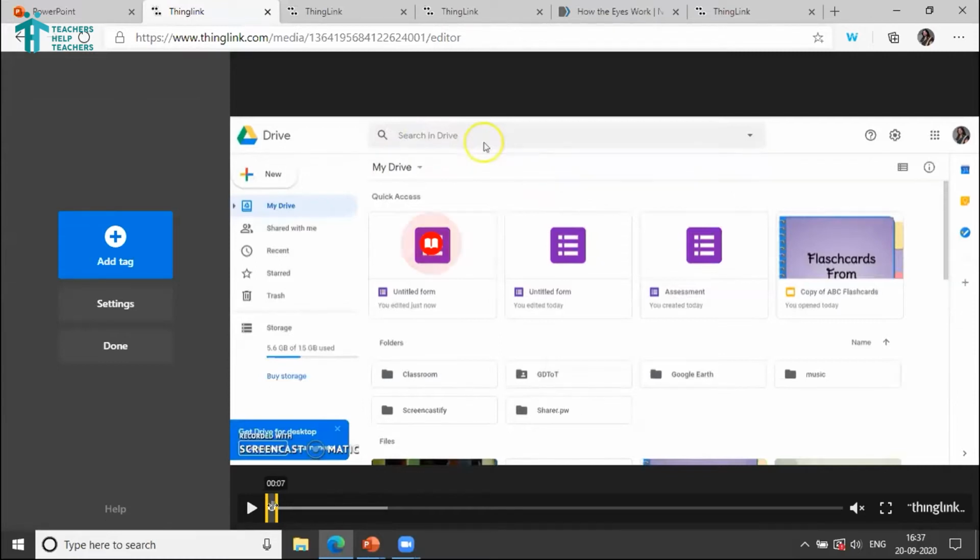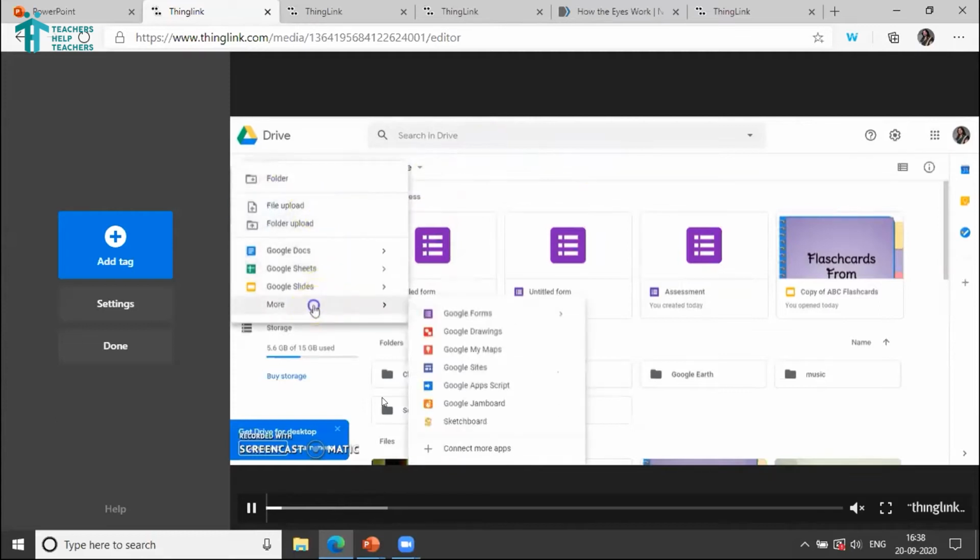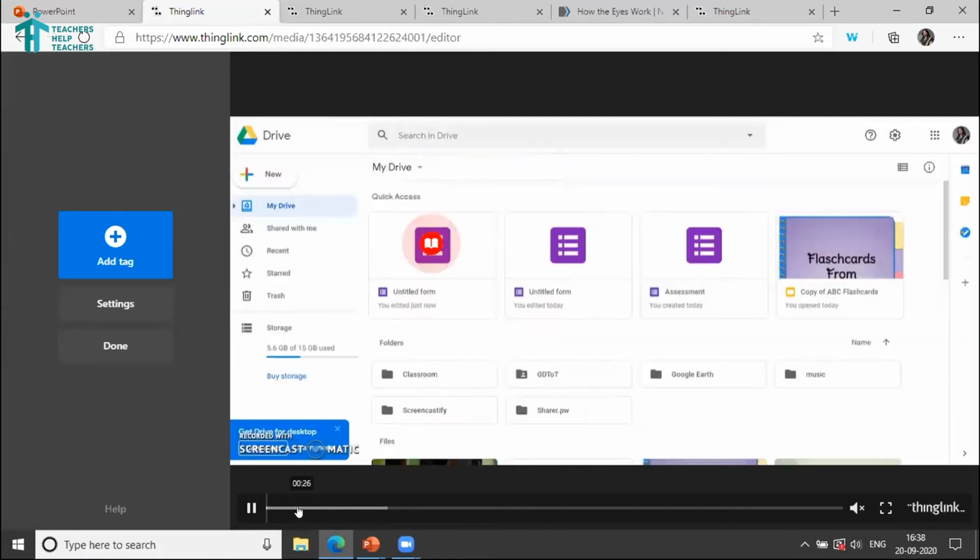I'll just bring it back. So it has added, you can see this yellow thing in this place. That means it has added a tag to this place. I can make it longer. I can specify where I want to add the tag, like this part, this much. That is up to me, where I want to show it. So what I've now done is when I play this video again, when I reach that place, I could see the tag.